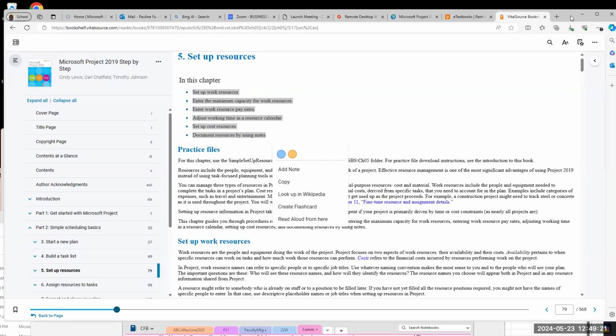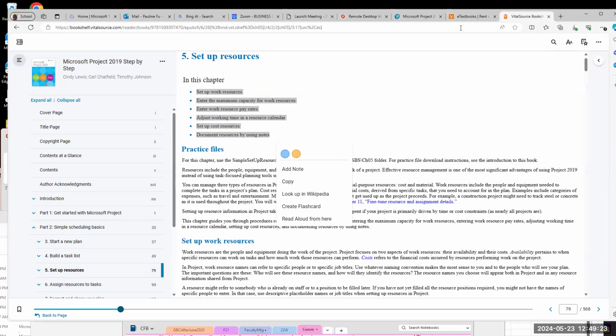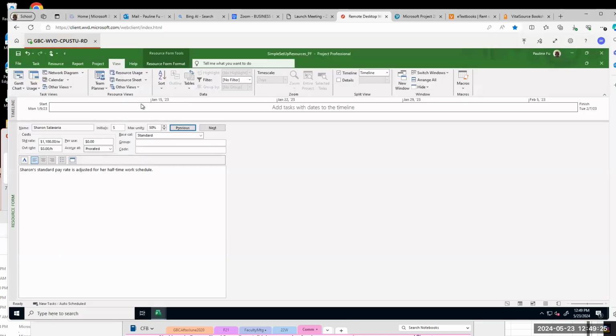You know, when you went to view and then other views and you clicked resource form, for me, it just says project ID, task name. It doesn't say notes, unless I'm on the wrong page. Oh, okay. You have to right click your mouse here, then select notes. You have notes. Right click your mouse. Okay, I see it. Thank you. Right click your mouse, you can see the notes. Okay.